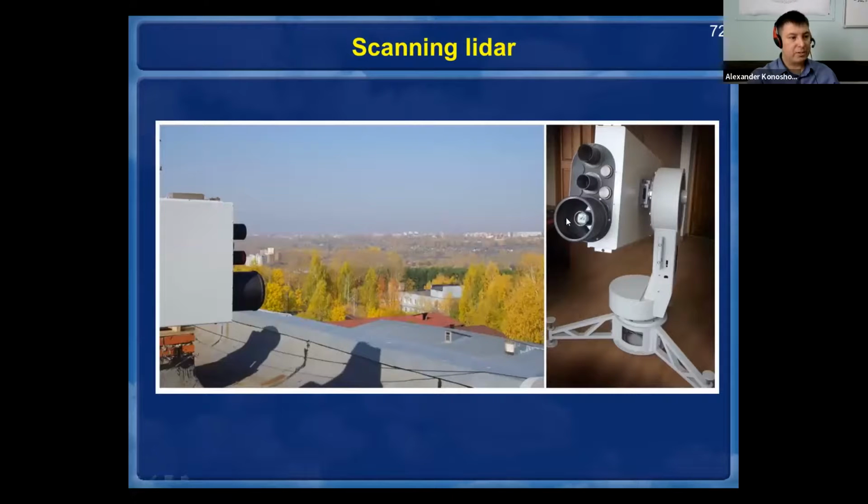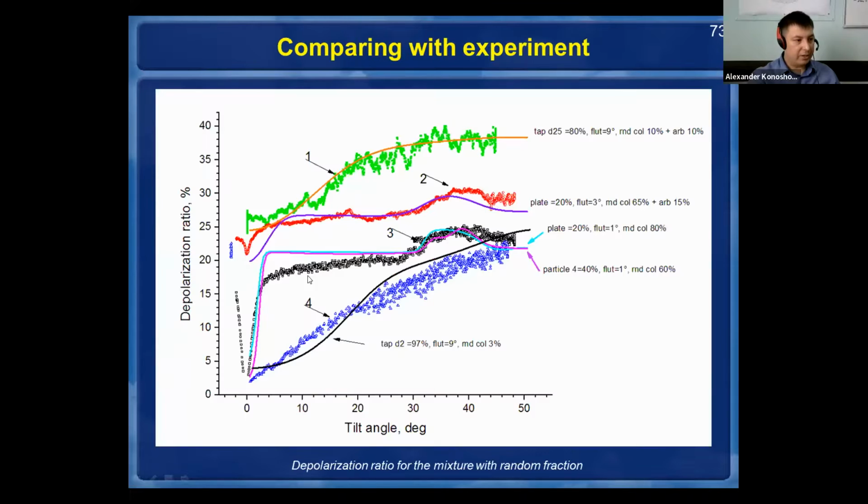It looks like this, so it's a scanning lidar. And we see some experimental results like here. The dot is the experimental results, the line is our fittings. And we see that sometimes the theory fits well to the experiment, and we see this 32 degrees enhancement of the polarization ratio here, and